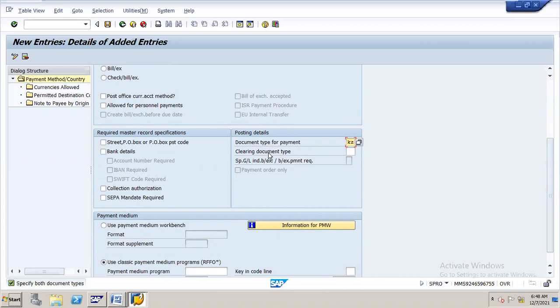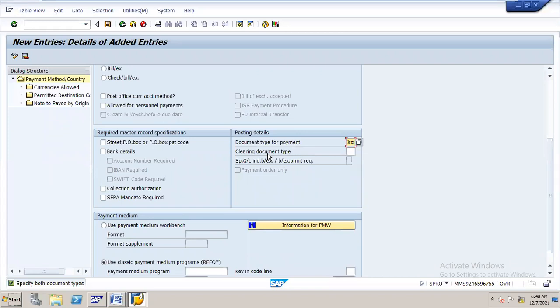Clearing document type. Clearing document type means intercompany code transaction. Suppose your company code N16 is paying invoices of another company code. You have one more company code N17, for example. So N16 is paying invoices of N17.